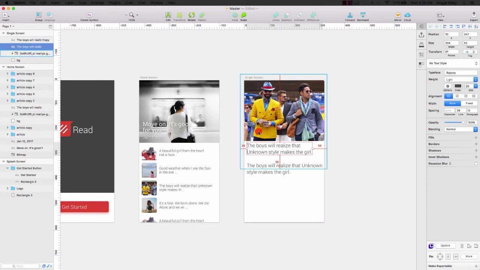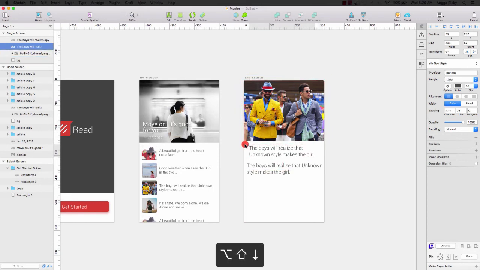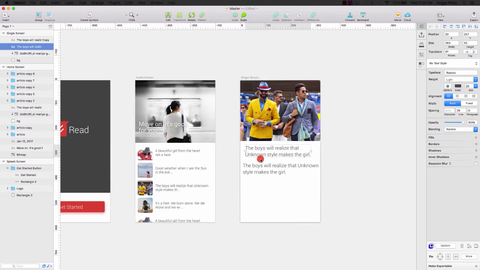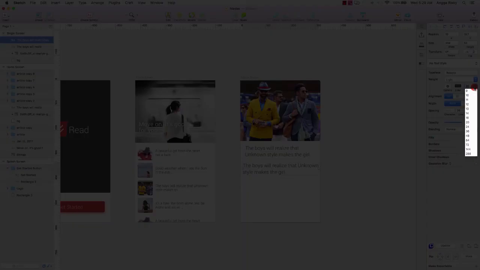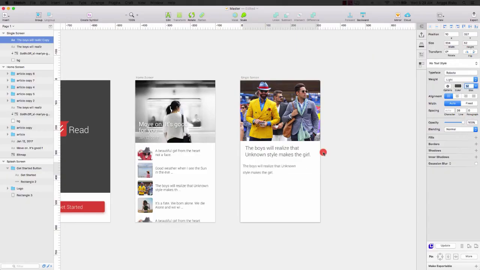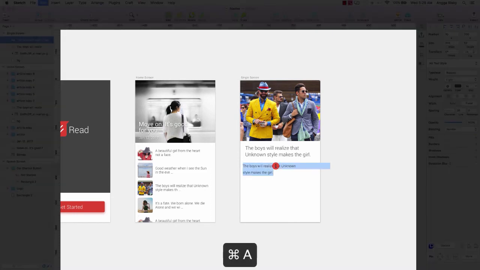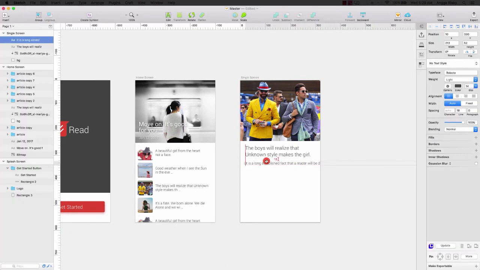Okay, and get the margin 12 like this. Okay, and then I will change the font size to 14, and we can paste here and change the line to 18, and then we just need to escape. Okay,